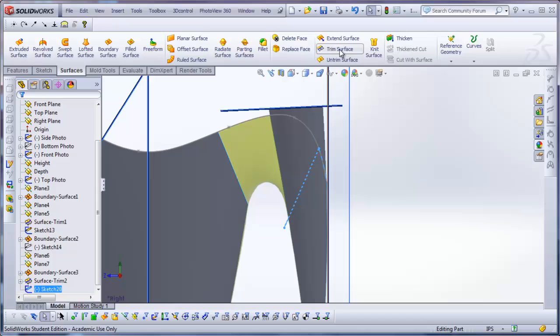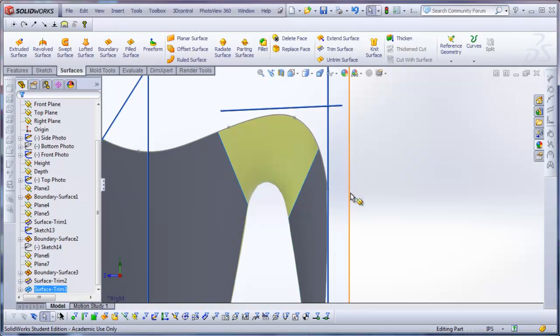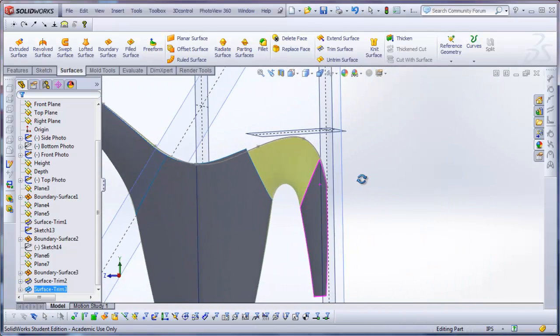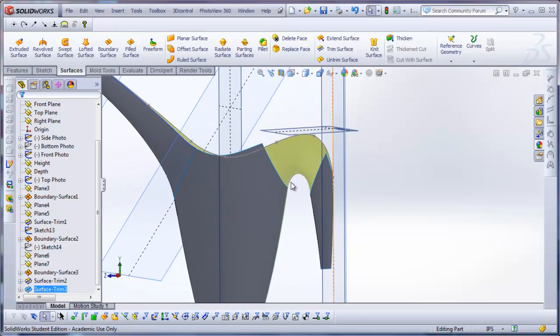So use trim surface, and I'm using this sketch, and what I want to keep is this body here. So again, I'm using this sketch that I just created as my trim tool, and I've selected what I want to keep. Okay, so I have this shape, and then I'm going to make the bridging